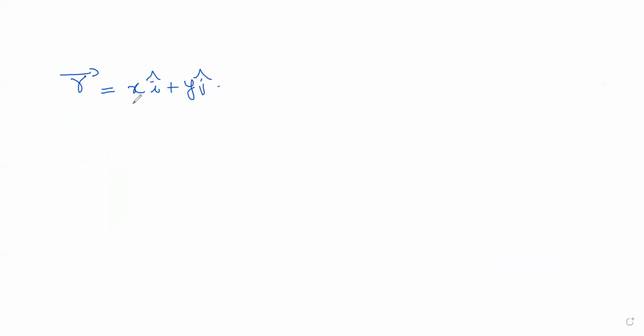So the position vector: what is the x displacement in the x direction, and what is the y displacement in the y direction? This is what I want to do. The x displacement in the x direction is given by the one equation I want you to remember: s = ut + half at square. So x displacement s is equal to ux times t plus half ax t square.